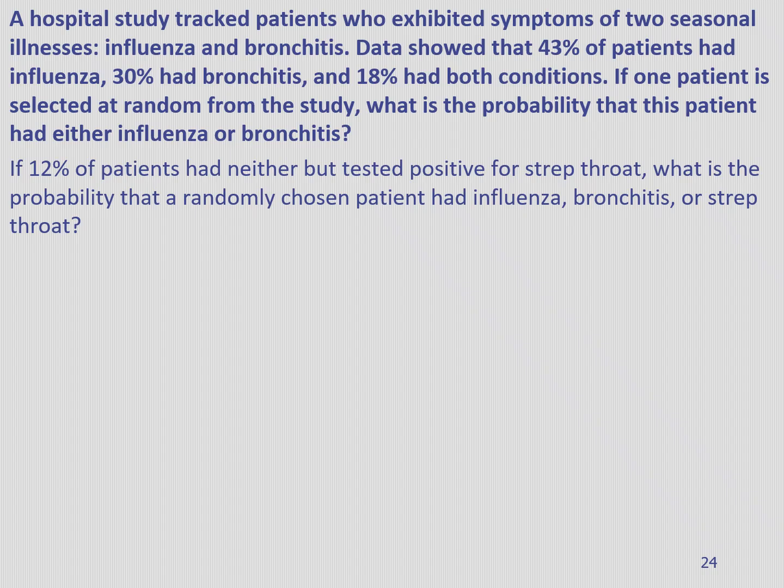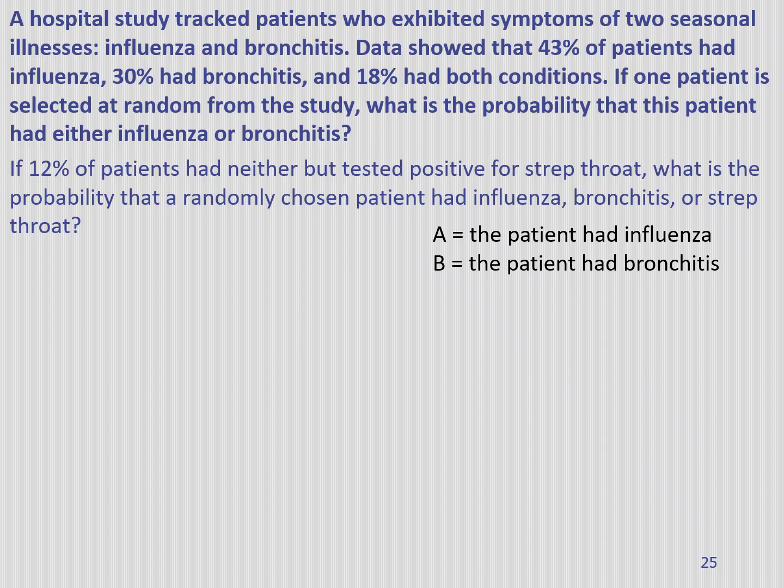Okay, hopefully you had a moment to pause and read the problem. So we're looking for the probability that a patient had either influenza or bronchitis. Okay, so we've got two events. Event A, right? So the key word here,